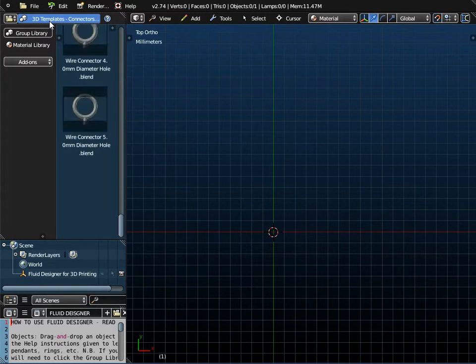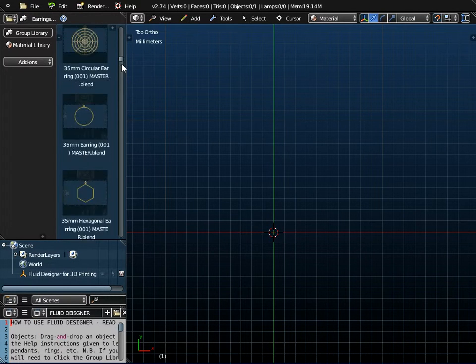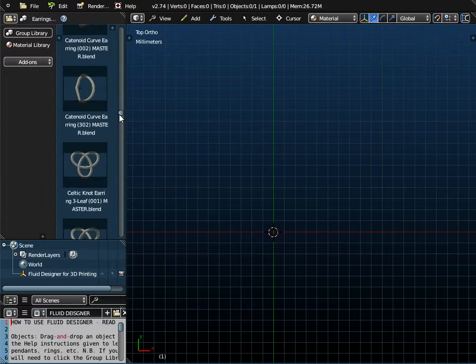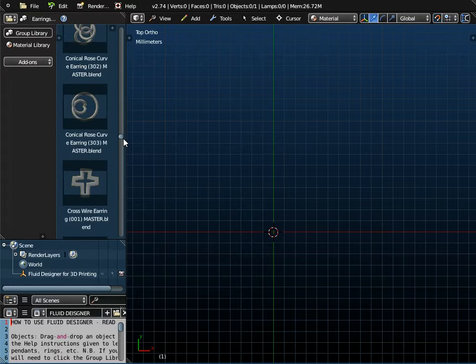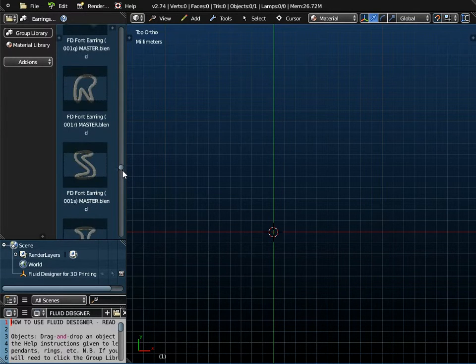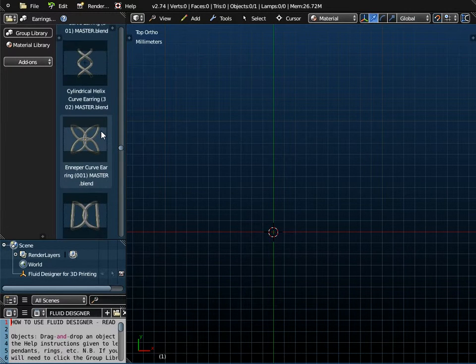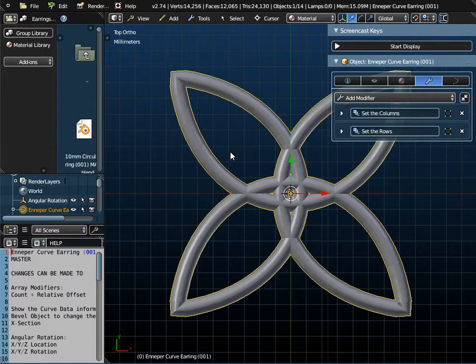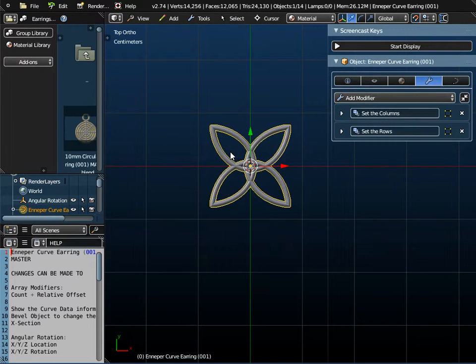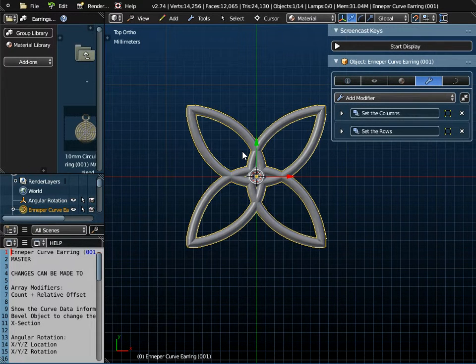And I'm going to make an earring, so I'm going to go to the earrings folder, and I'm looking for the objects Enneper curve earrings, which can be purchased from our shop. And here we are. These are the Enneper ones, a number of different ones. I'm going to use the first one. So I just drag and drop that object onto the workspace, and this is a jewellery object, jewellery software,